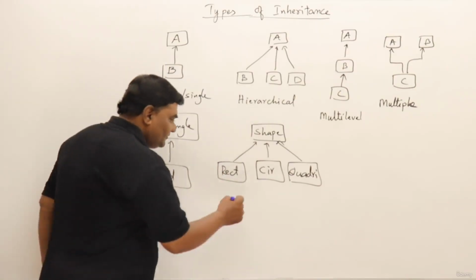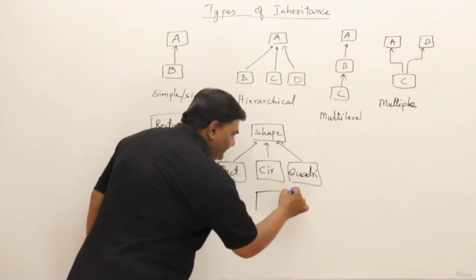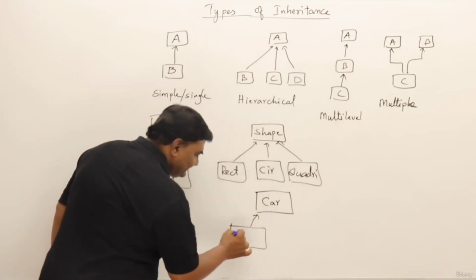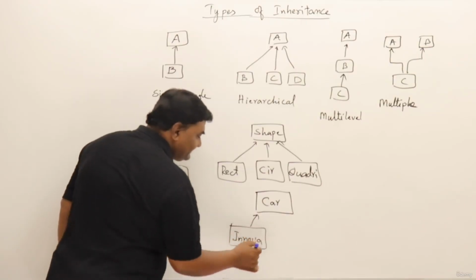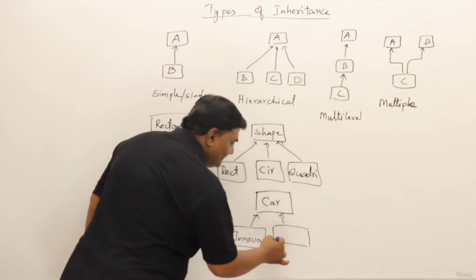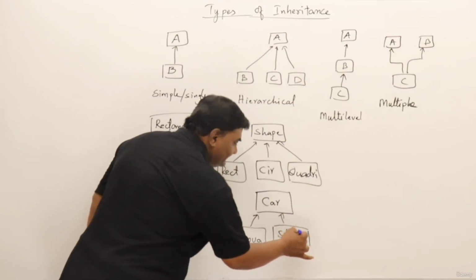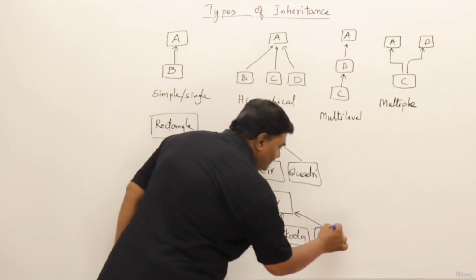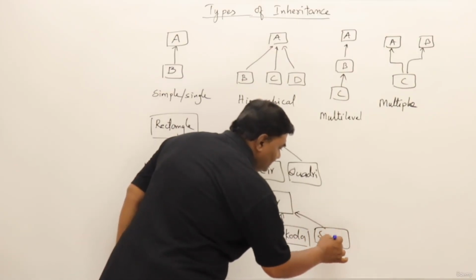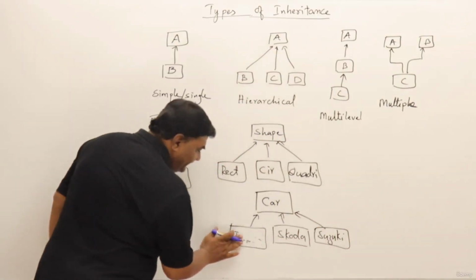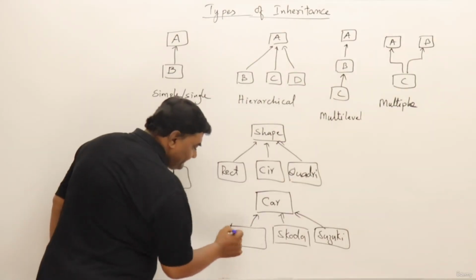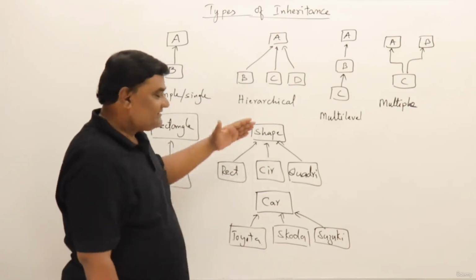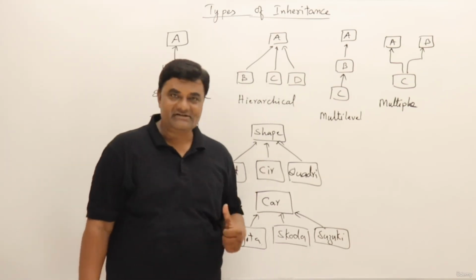Now another example I'll give you. Suppose car is a class, then from that a class Innova, and Skoda is a class. This is a car. Innova is a car, Skoda is also a car, or Suzuki is a car. So instead of Innova, I'll just change it and say Toyota. So all these are cars. So there is a parent class car. This is an example. Now this example is interesting.